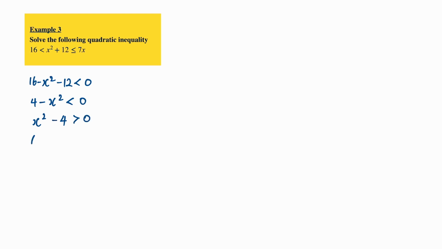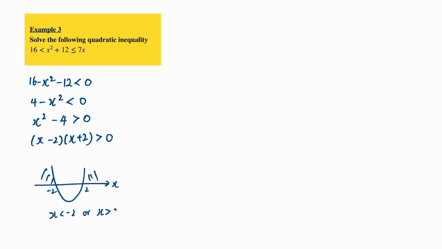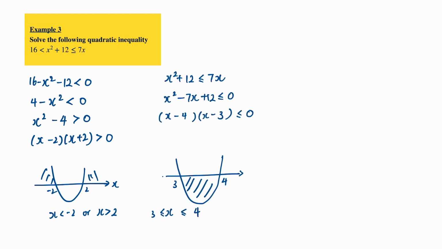Now, as we factorize, we will have (x minus 2)(x plus 2) is more than 0. Sketching the curve, we shade the outer regions. And for this part, x is less than -2 or x is more than 2. Now in the interest of time, I have solved the other part as well, giving us 3 less than x less than 4. Now with these two parts solved, we are going to find a common range that fits both